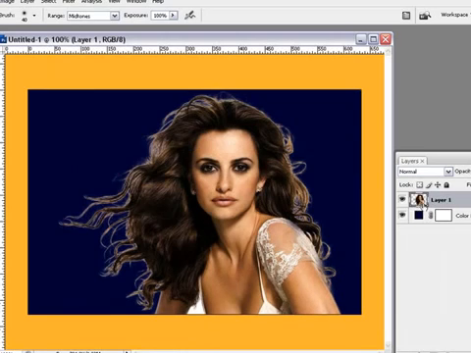With the woman layer selected, with the mid-tone selected and exposure at 100%, we're just going to come in here and darken up these edges. Just going to darken them up, try to get rid of some of that white. It didn't delete very well around here, but I'm just trying to show you how to delete the hair. In fact, I'm going to do some more tutorials on deleting, because probably a lot of people